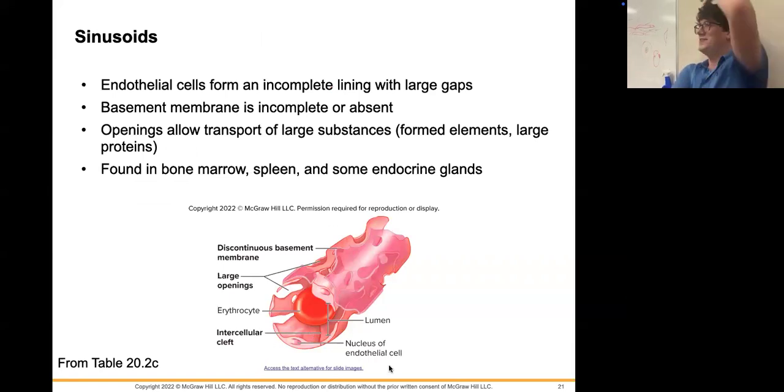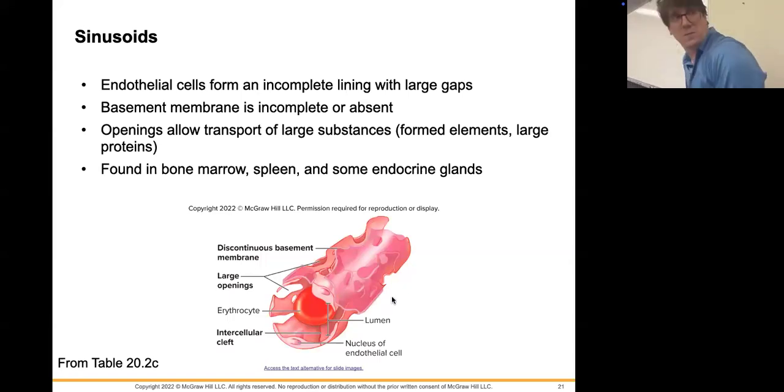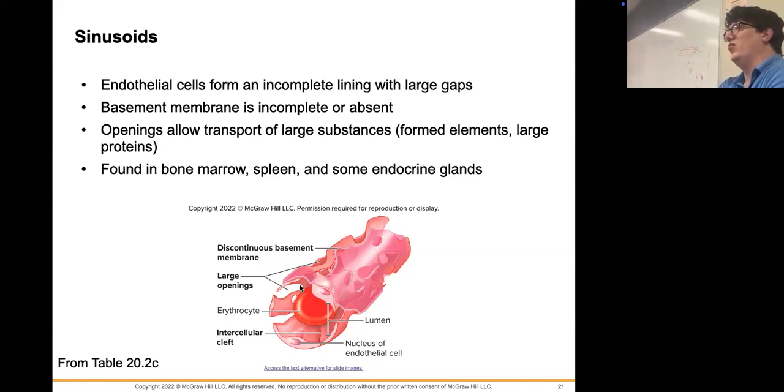And that's when we get to these sinusoids. These things are really cool looking. Okay. They look like some sort of alien spaceship to me. Why? It's so that we have large enough openings that we can get cells into and out of the blood vessels. Okay. Lots of fluid can move across these, but also we can get formed elements like large proteins, your albumins and stuff like that, as well as red blood cells and white blood cells across these membranes,